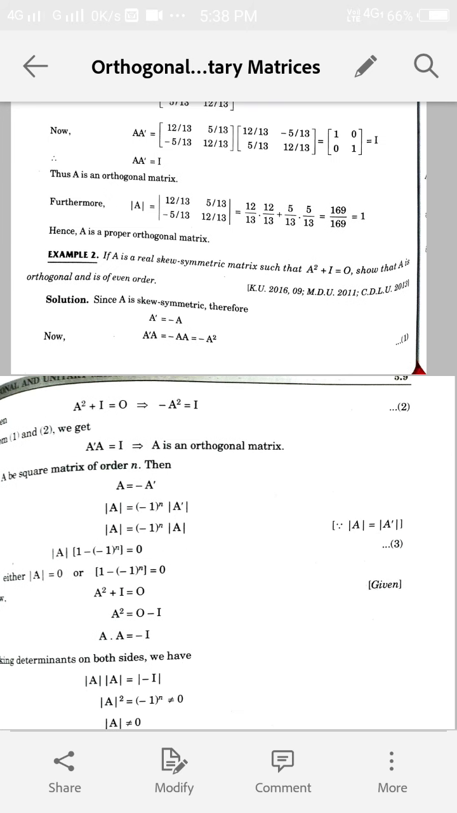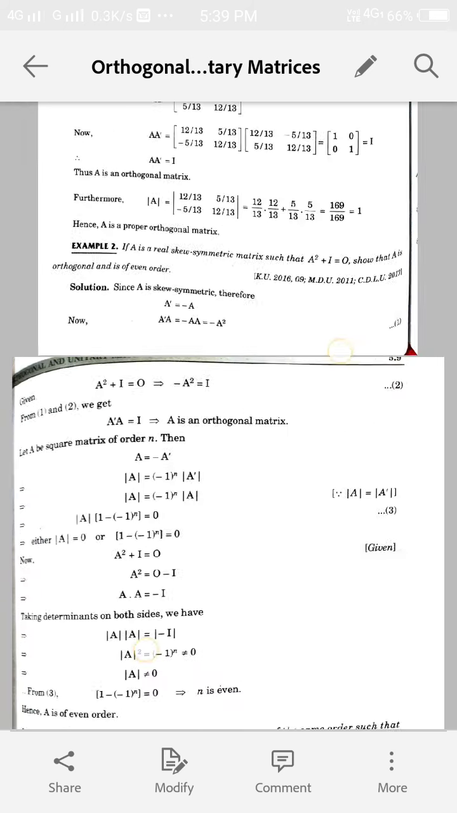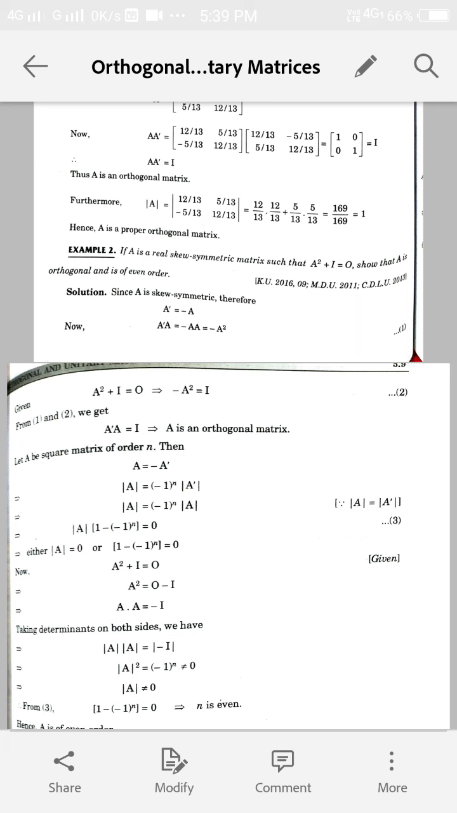Look at the second example. If A is a real skew symmetric matrix such that it satisfies the property A square plus identity is equal to 0 matrix, then show that A is orthogonal and is of even order. Look here. We are given that A is skew symmetric. So use the definition. A transpose will be equal to minus A. Now, A transpose into A will be equal to, replace A transpose by minus A, and this is minus A